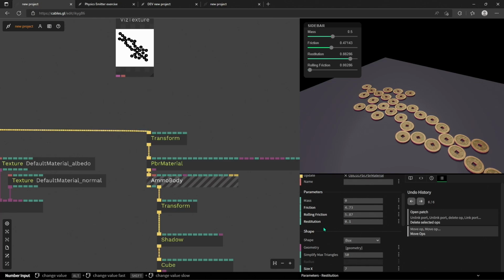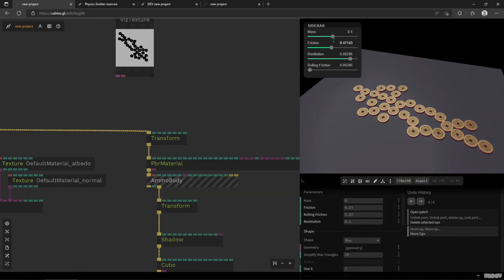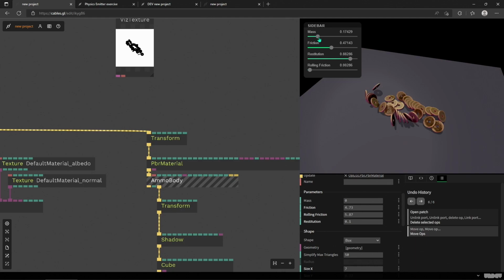So for example, a rubber ball will retain quite a lot of energy, so it'll bounce right back at you when you drop it on the floor. And something like a hefty iron bar will maybe stay on the floor a lot quicker. So we can play around with this in this little object example. When I change the parameters, it resets the simulation. So that's pretty handy. So with a lot of mass, we get